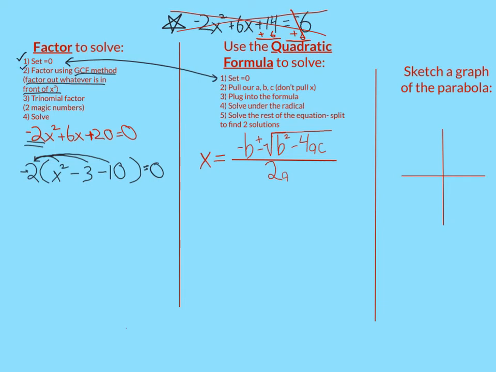Now we want to trinomial factor it. So we're going to ask ourselves, and did you guys notice the mistake I made? I forgot my x right here. There we go. We need to know what's going to add to a -3 and at the same time multiply to make a -10. And if there's 2 magic numbers that make that work,